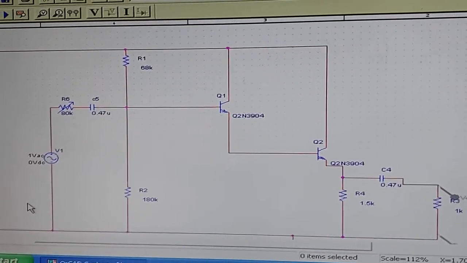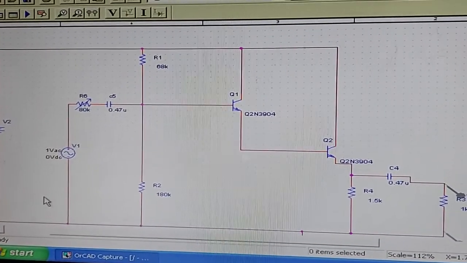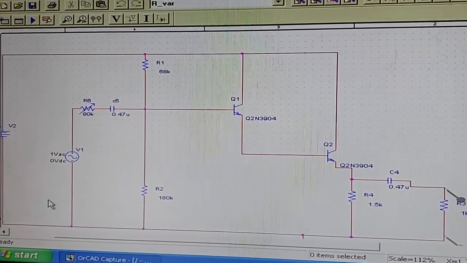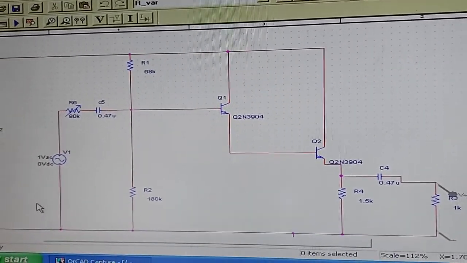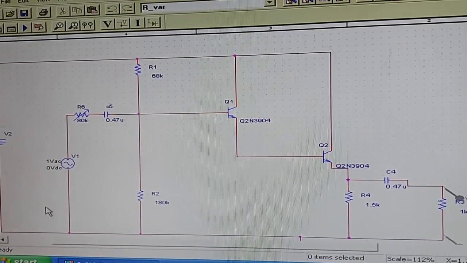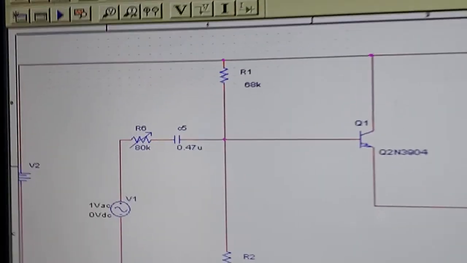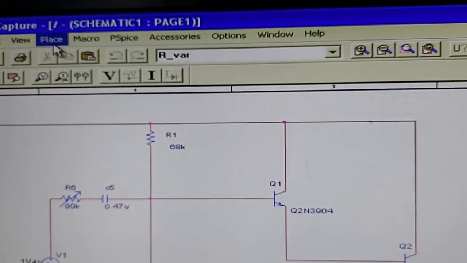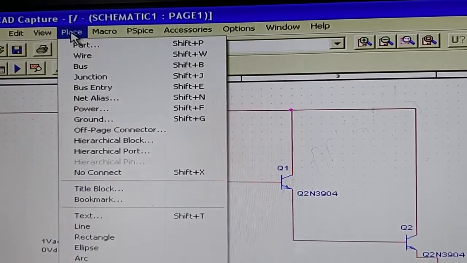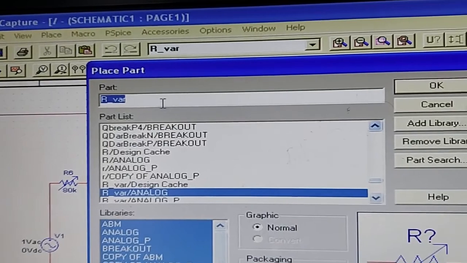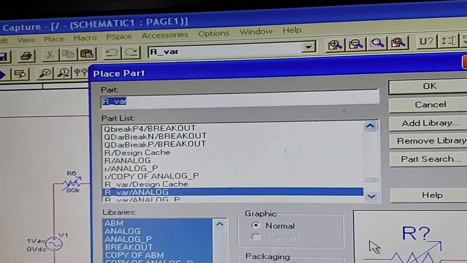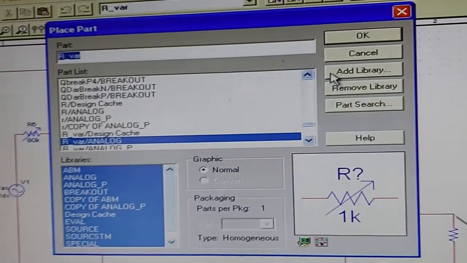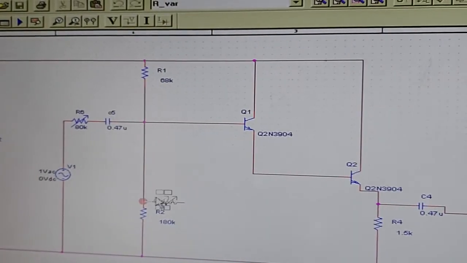In order to find the input impedance of the Darlington emitter pair, with or without bootstrapping, we need to connect an input variable resistance over here, which you can select as usual from place, part, and just type R variable and click OK. You will get the variable resistance.